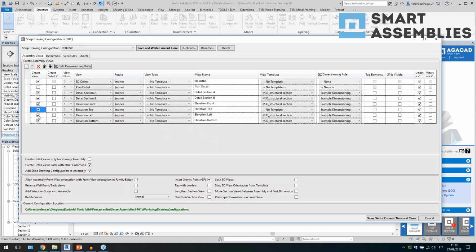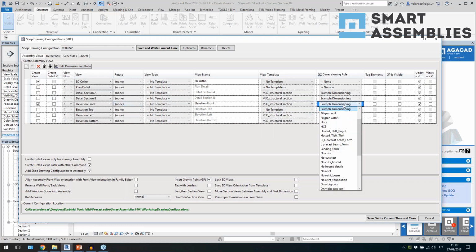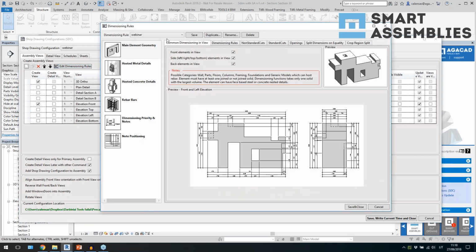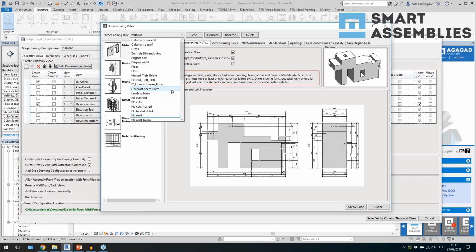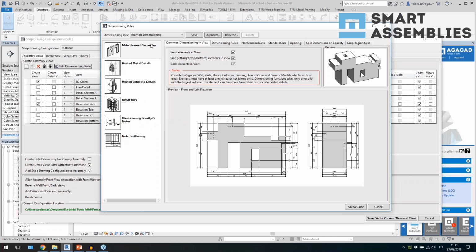I'm going to leave one view to be created, this view template, and then the dimension rule. This time I will use the example dimension, and I will duplicate this dimension rule as a new dim. So I'll call it like this, and